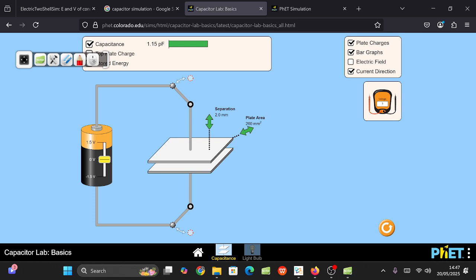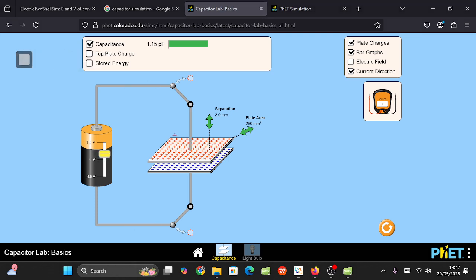So what a battery does, the battery provides potential difference between the plates. When you connect it to a battery, this is the positive terminal and this is the negative terminal, and when you connect these plates of the capacitor, this is what happens. Your positive plate gets a positive charge and the negative plate gets a negative charge, and your capacitor is now charged. Even if you disconnect the battery, the capacitor plates will remain charged, and now you have a charged capacitor which you can use.